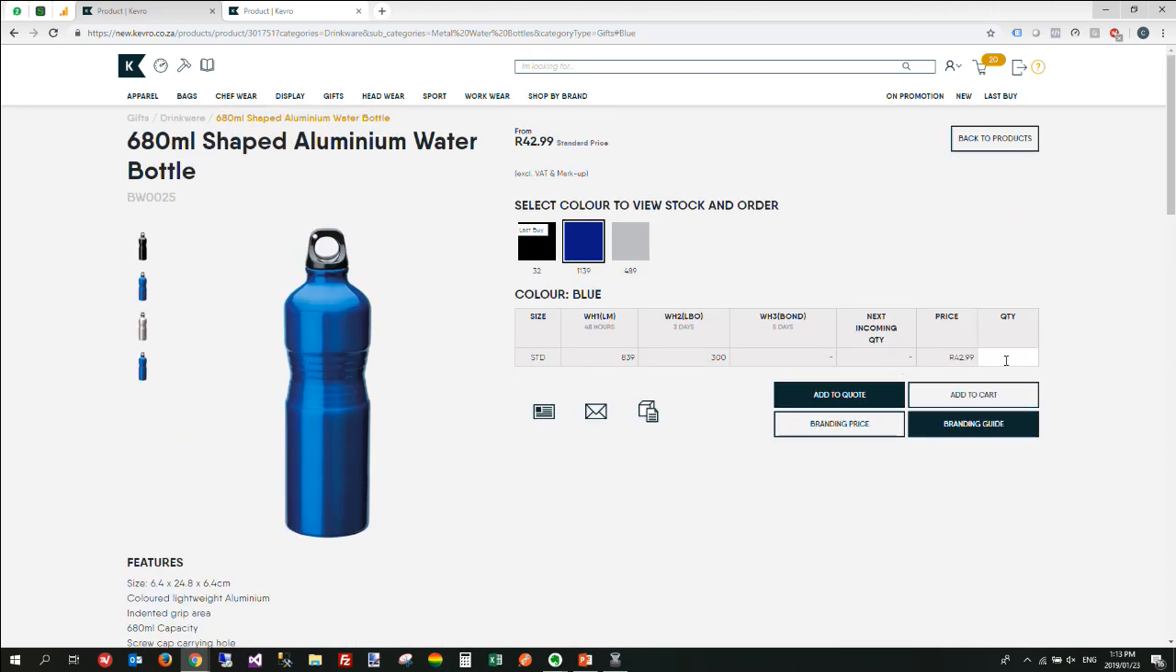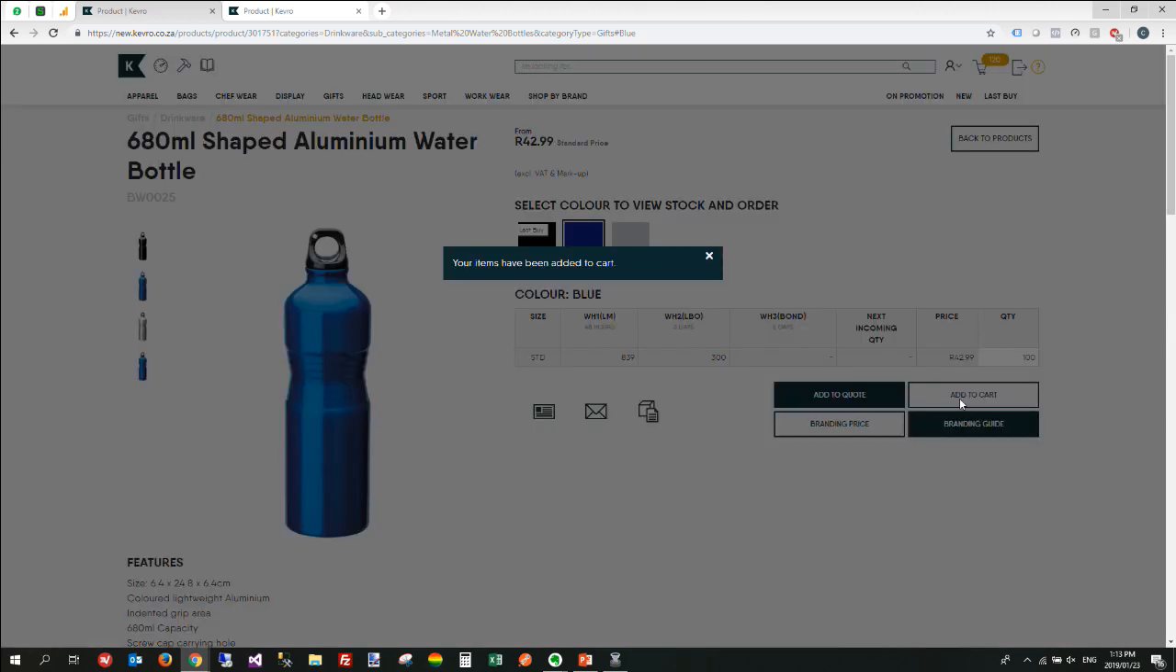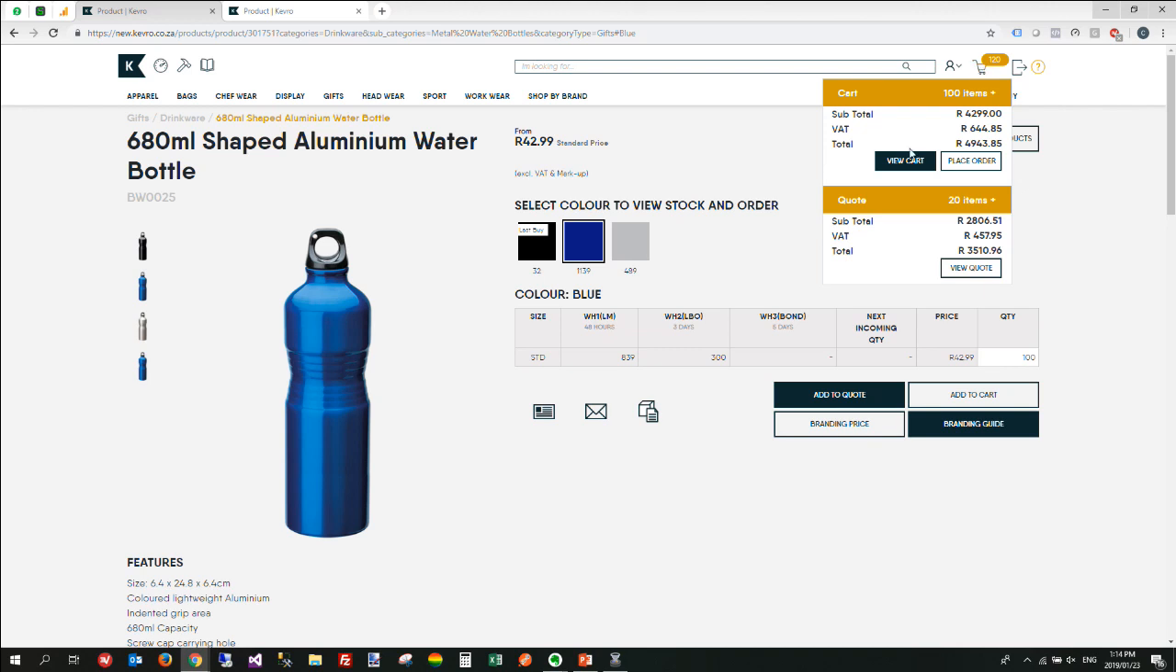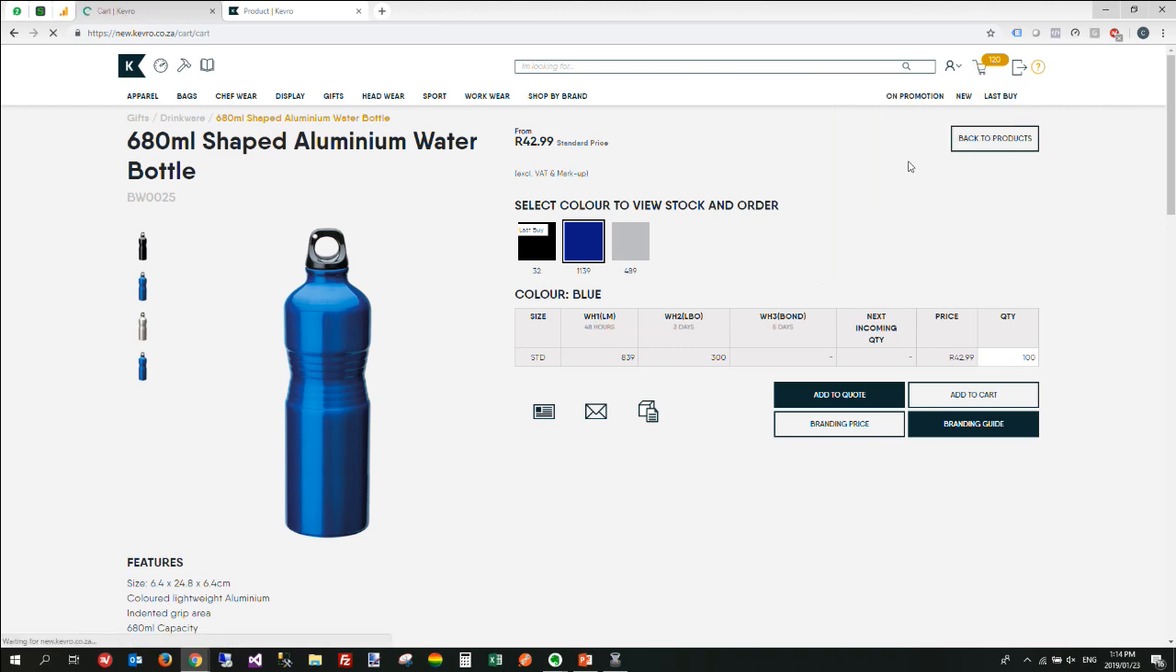Okay, let's at this point take this and add 100 units of this to cart. So we can see adding to cart is quite a simple and easy process. At the top here we can see my cart is updated and that I've now got the 100 units added to my cart. So if I go view my cart,